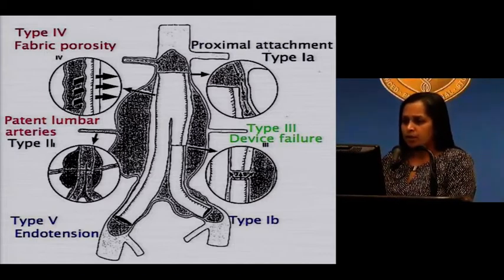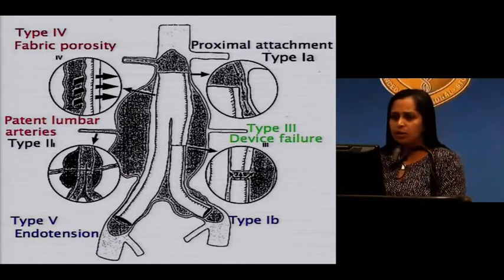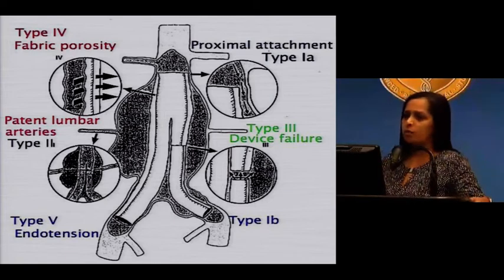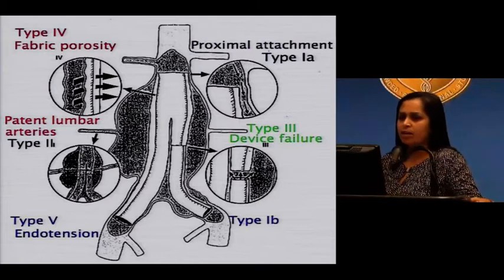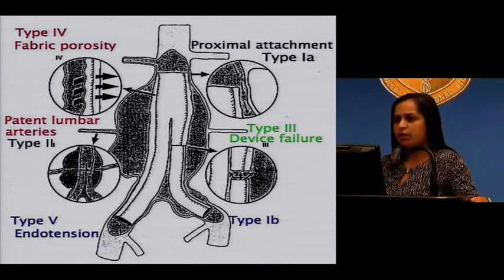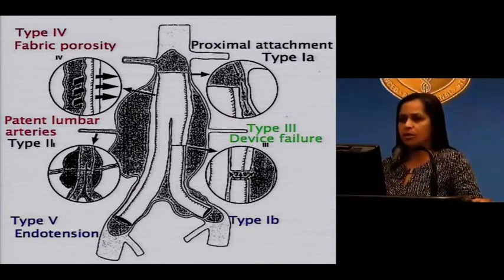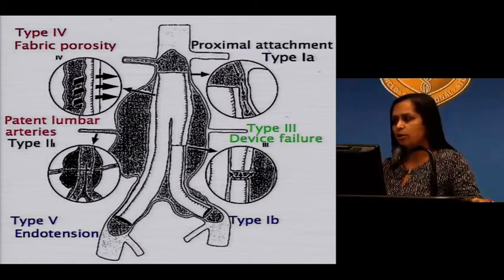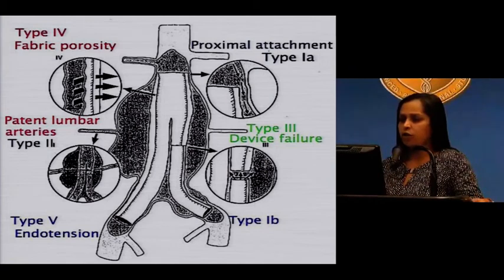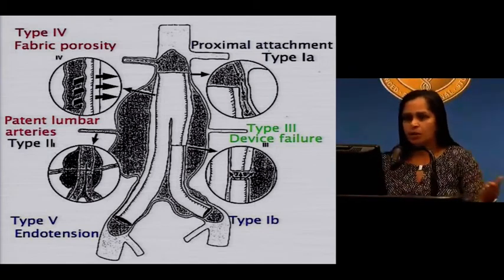So this is just a diagrammatic representation of the types of endoleaks. Type 1 endoleaks and type 3 endoleaks are probably the most important from the perspective of being able to cause problems in aneurysms. And these are the types that need to be fixed. Type 1 endoleaks are attachment site endoleaks, either proximal or distal. Type 3 endoleaks are failures at junction points between stents or failures of the device where there's actually a break